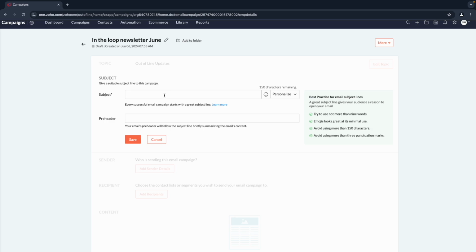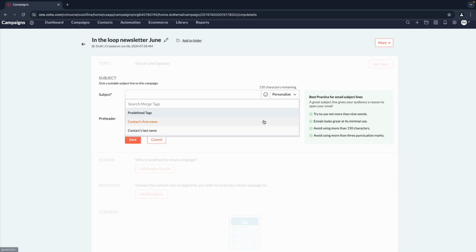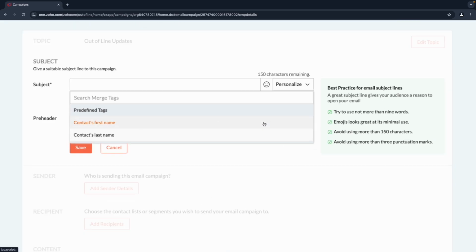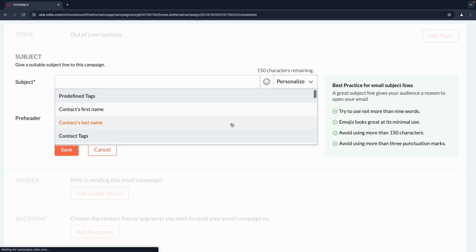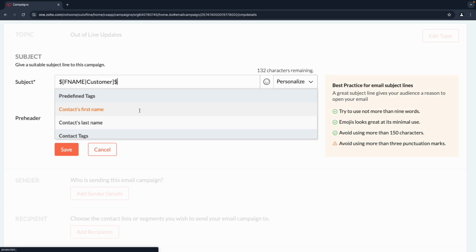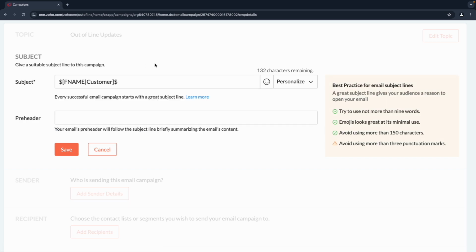It's best to be descriptive and not too salesy. And if possible, it's always good to try to personalize things. The way that we personalize content in campaigns, whether it's a subject line or the email, is using something that we call merge tags. Basically what we're able to do is to say, I want to insert the contact's first name and put it here. It puts in this little bit of code, and what it basically is saying is insert the first name or the word customer.